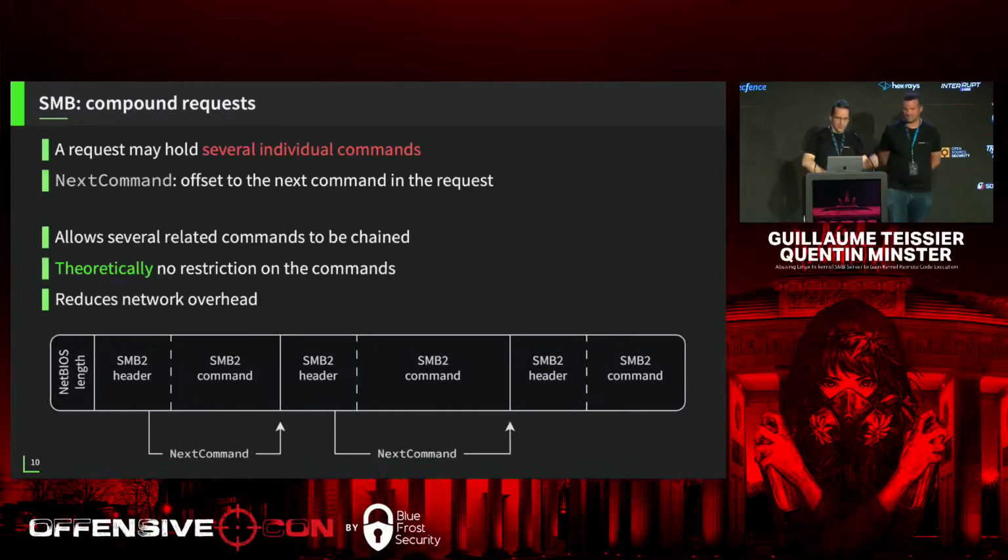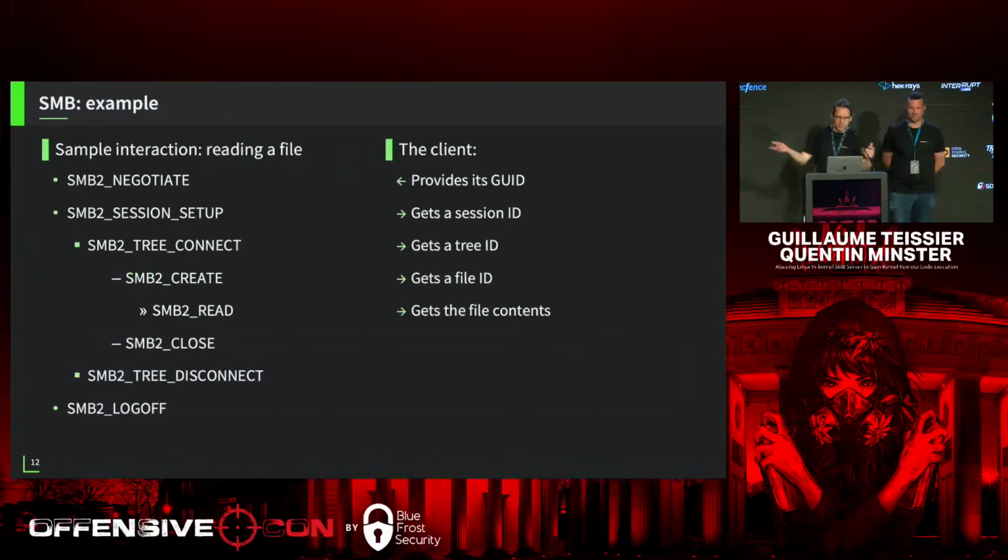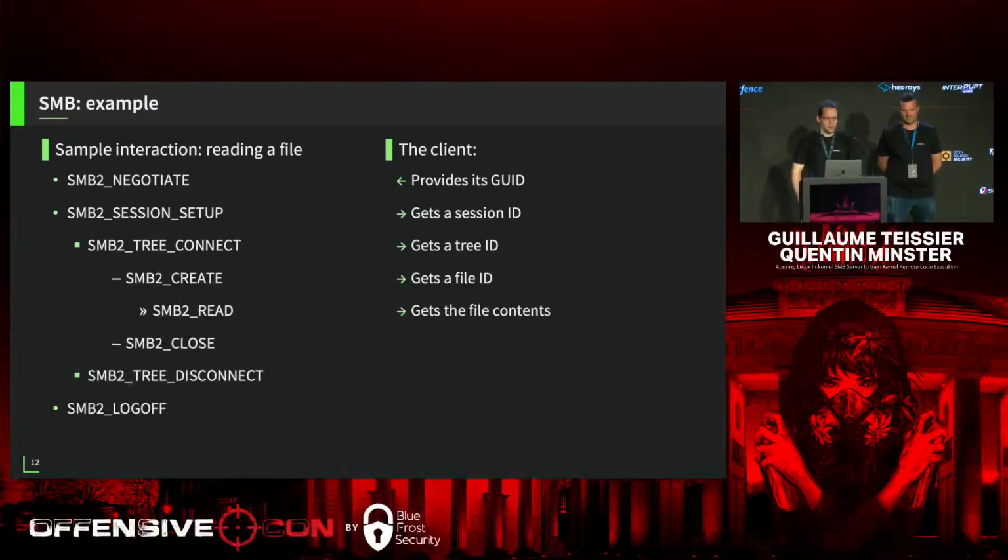Right, so these are the types of requests. Now, if we look at a sample SMB session, what would happen first is that the client needs to negotiate the SMB dialect that's going to be used. At this stage, it's going to provide a GUID that will identify it to the server. Well, it's not authentication, it's just identification yet. Then there's the session setup. So this is where